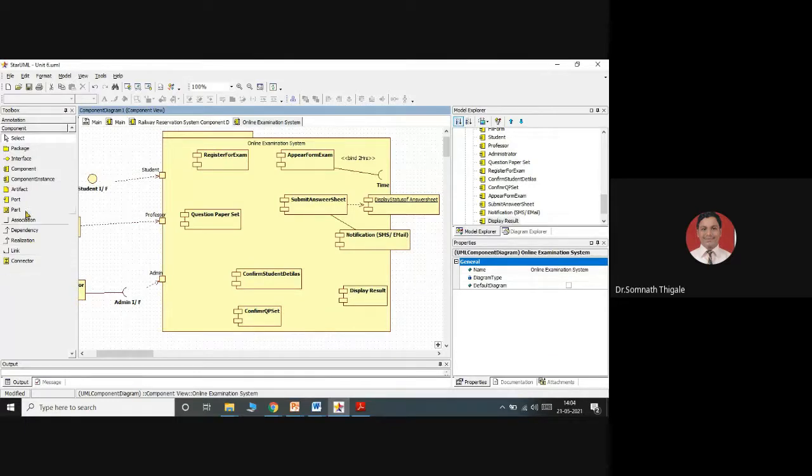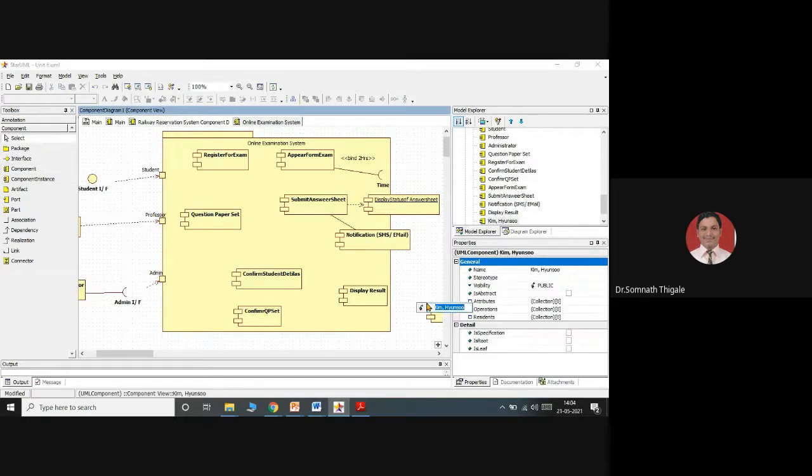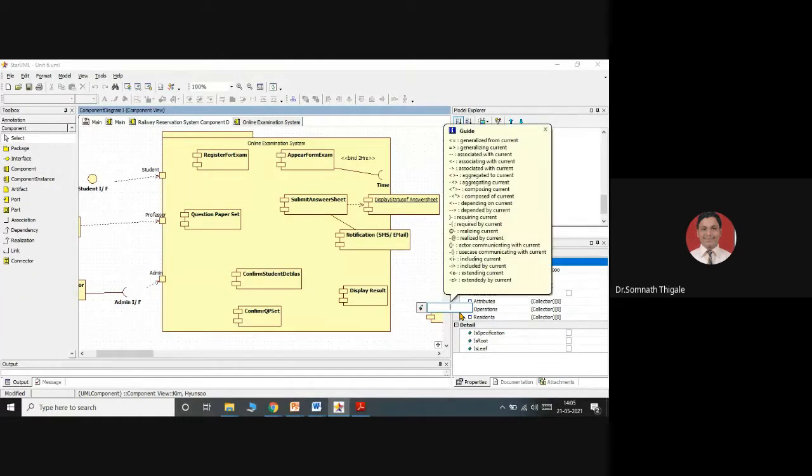Display result will go to an interface. I can say simply that interface is a printer. You can say results will be generated on a mark sheet.